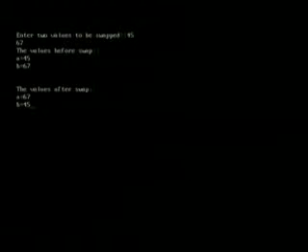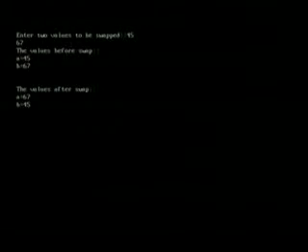Our aim was to swap two values. One value is 45, another value is 67. The values before swap were a equal to 45 and b equal to 67. After swapping, you got the values interchanged, right? So first we have to understand what changes we want in the value, whether it should be a permanent change or it is just for the sake of computation.